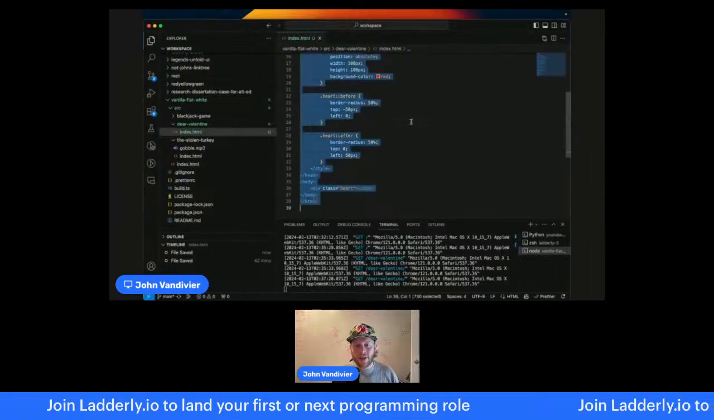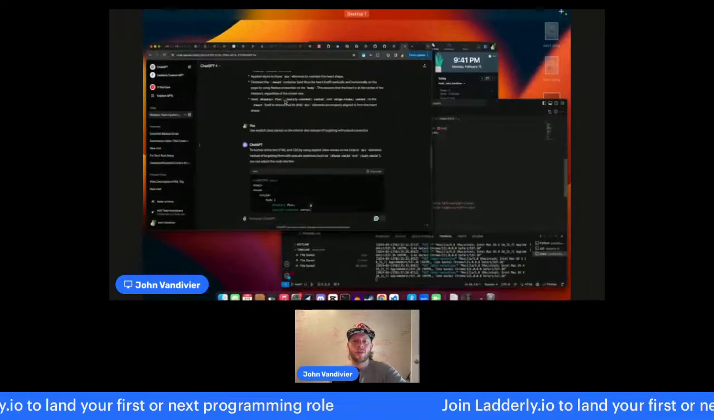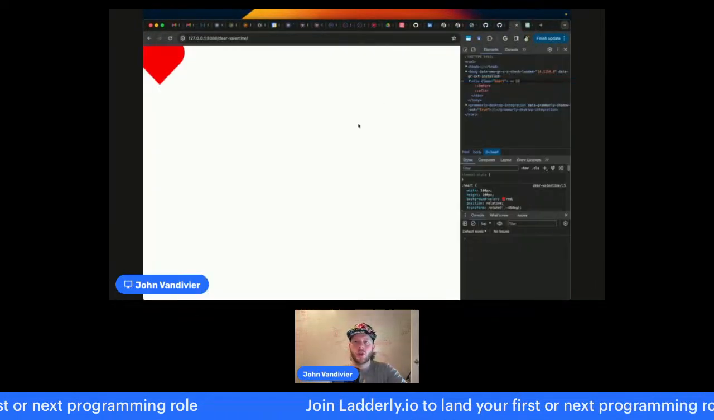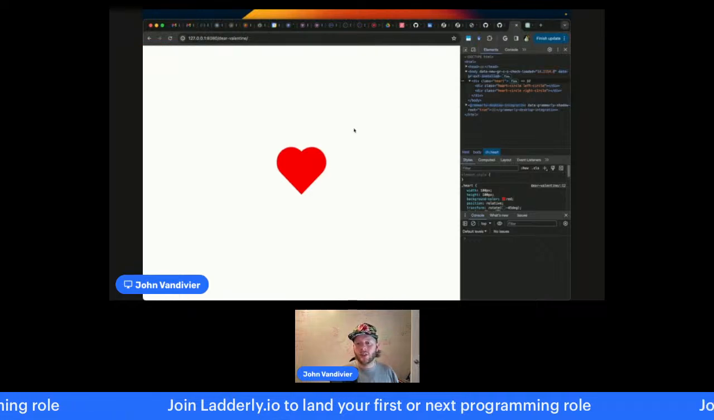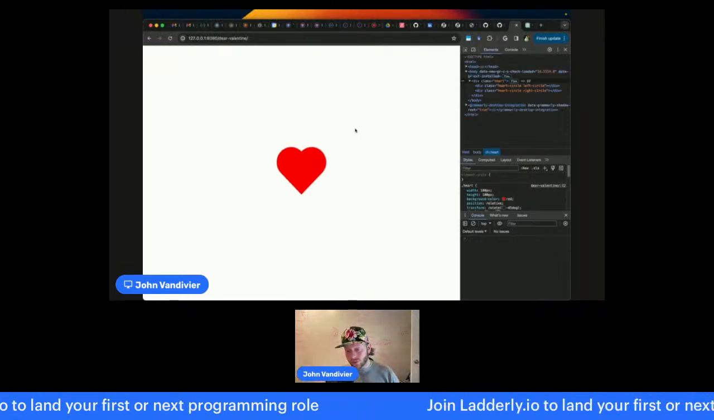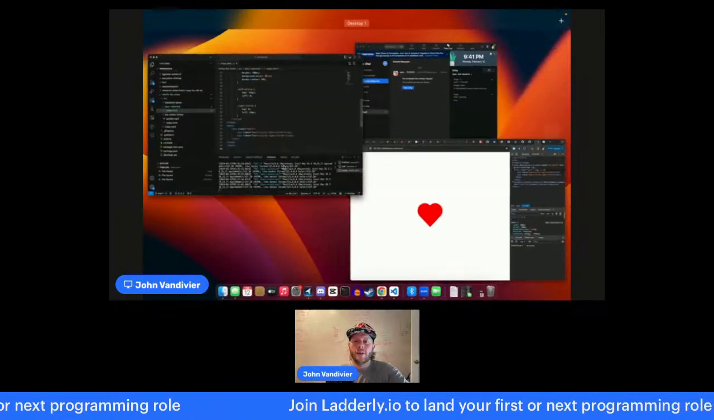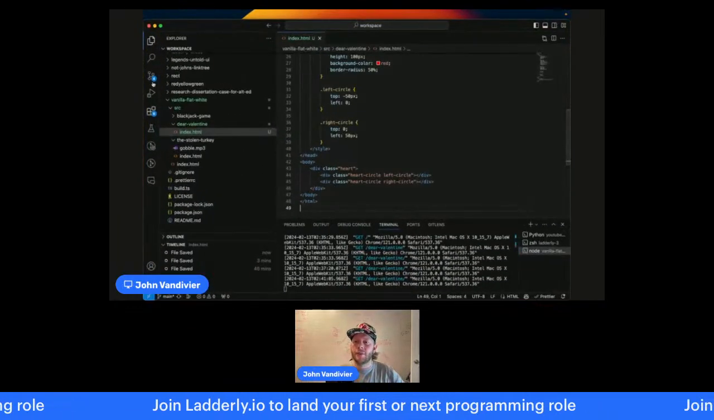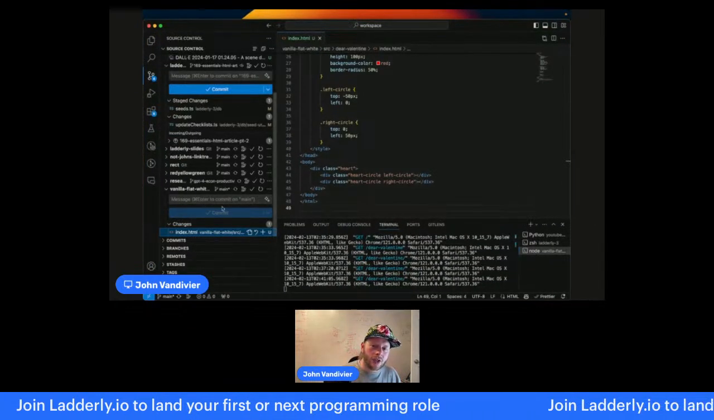Okay, Command A, Command V, Command S. On a Mac, on Windows, it would be Control. Refreshing the page. Voila, we have a centered heart. We'll do an initial commit, but wait, the fun is just beginning because we are going to not use this